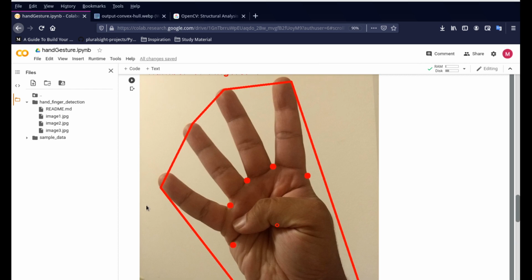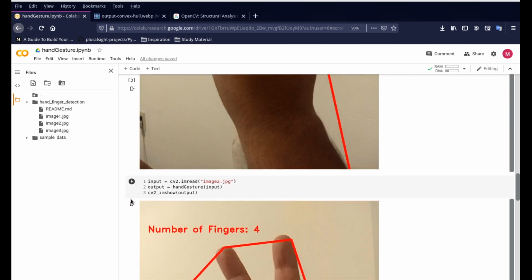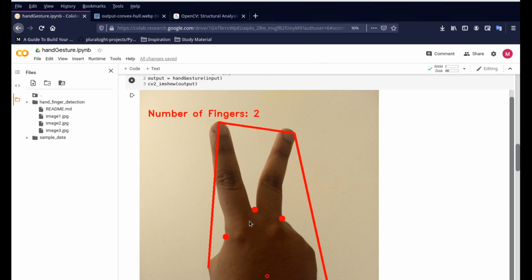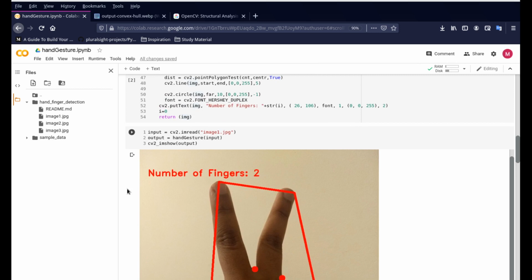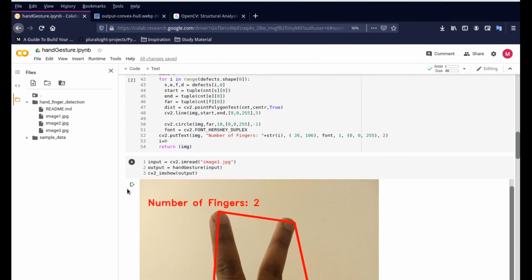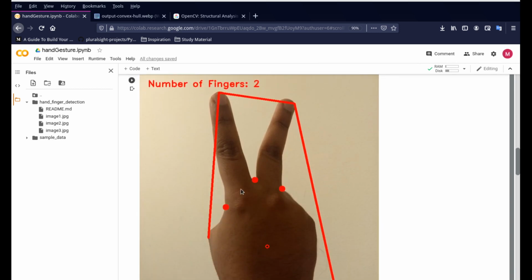It is trying to tell us that the contours are away from the convex hull by so many points. So that will help you give the number of fingers that are present, and that's exactly what we are trying to do here. So it's able to count the number of defects. We are counting it from 0 because it's an array, but 0, 1, 2, and it's able to give us 2 fingers. Basically, you see that there are 3 dots, so there are 3 valleys, but it's representing 2 fingers because two fingers will give you 3 valleys, of course.